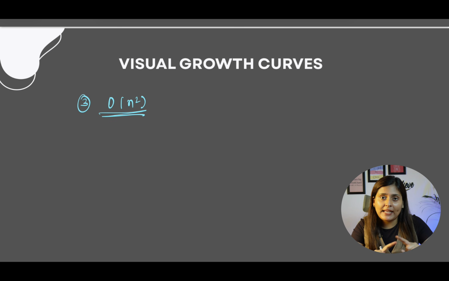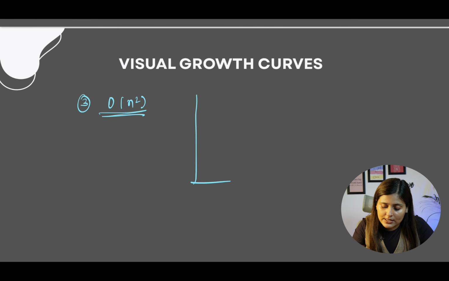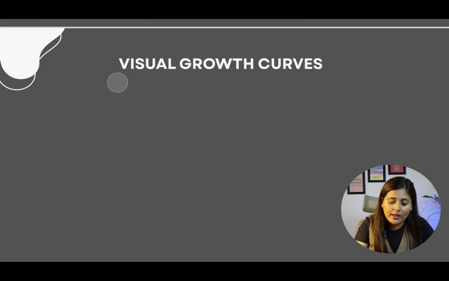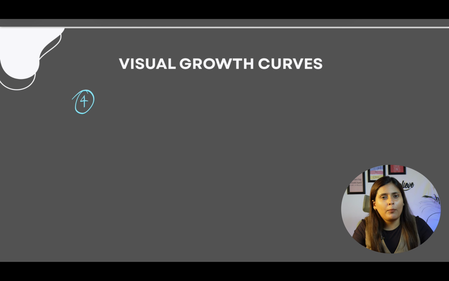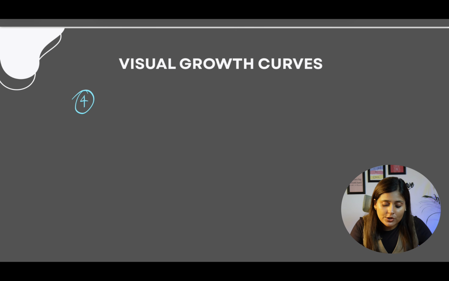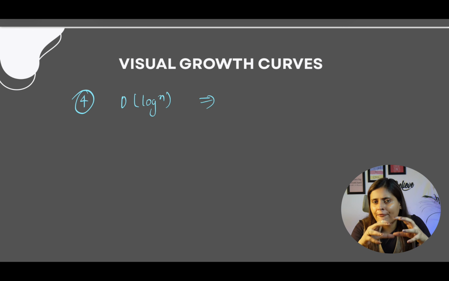In the brute force approach, we'll end up making this, and for this the graph looks like this. Now what about log n? Log n means whenever there is a sorting concept, we apply the binary search concept, meaning ignoring the leftover half, and deciding to go ahead with the rest half. So that actually takes logarithmic of n, and it reduces our time complexity to very small.